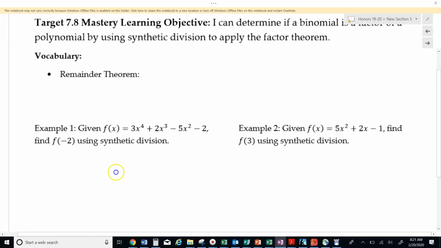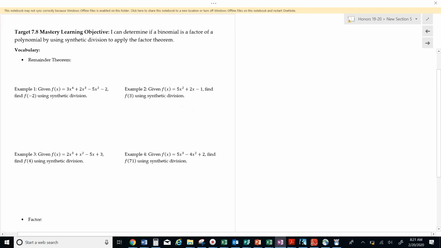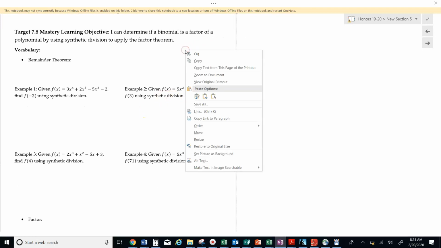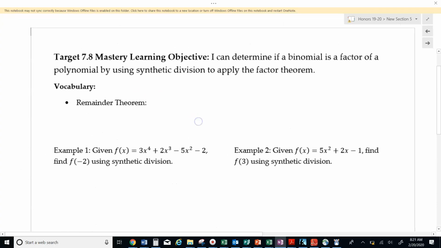All right, we are looking at target 7.8. In target 7.8, we're going to determine if a binomial is a factor of a polynomial by using synthetic division and applying our factor theorem. What am I trying to do? The picture's background. Before we learn about a factor theorem, there's one other thing we have to learn about,